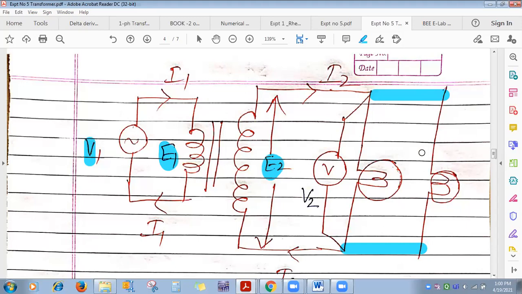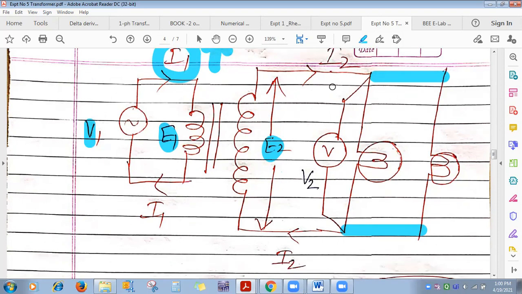Cos phi is not in our hand. It depends on the load power factor. Now the voltages V1, E1 and E2 are constant. Now which parameter is left? Current. So as you go on increasing the load, to supply increased power to the increased load, the transformer takes more and more current from the primary and supplies more power to the load. So I1 increases. I2 also will increase.